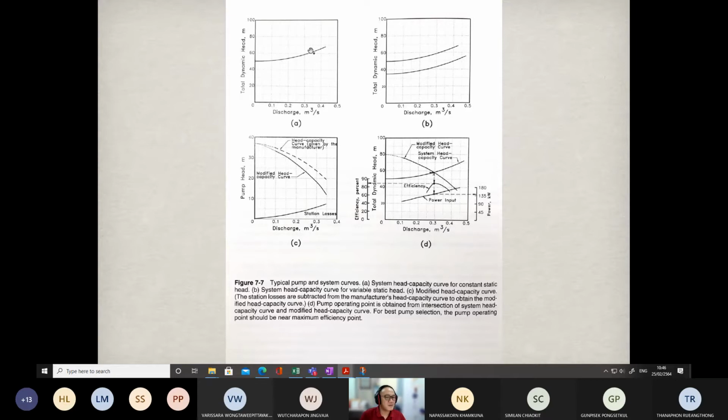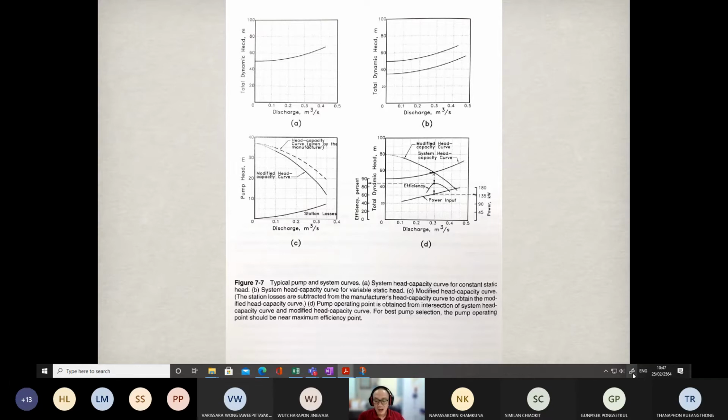So remember that this curve varies depending on the system. So different system, different curve pattern, but it's an exponential curve like this. So it looks like a conventional exponential curve. So according to this one, this is our system. But if we want to select the pumps,